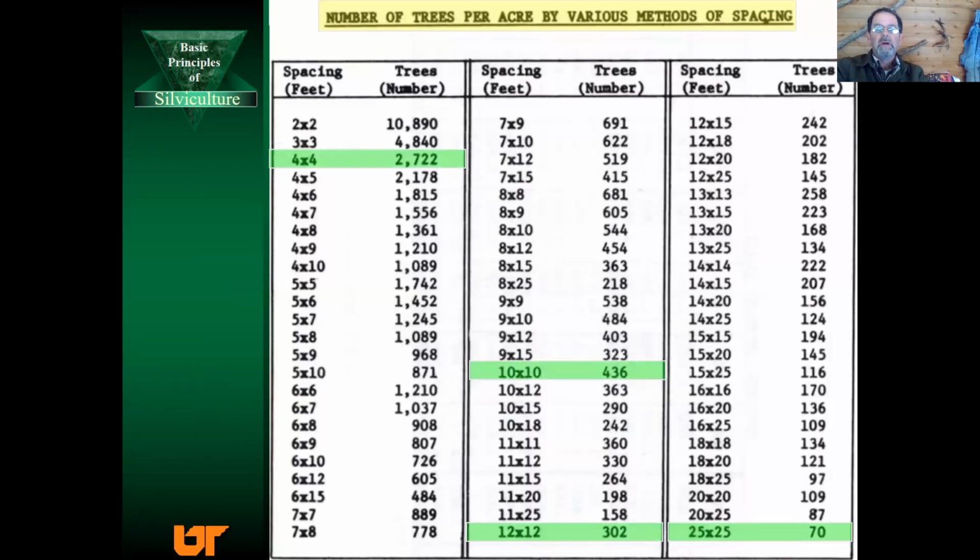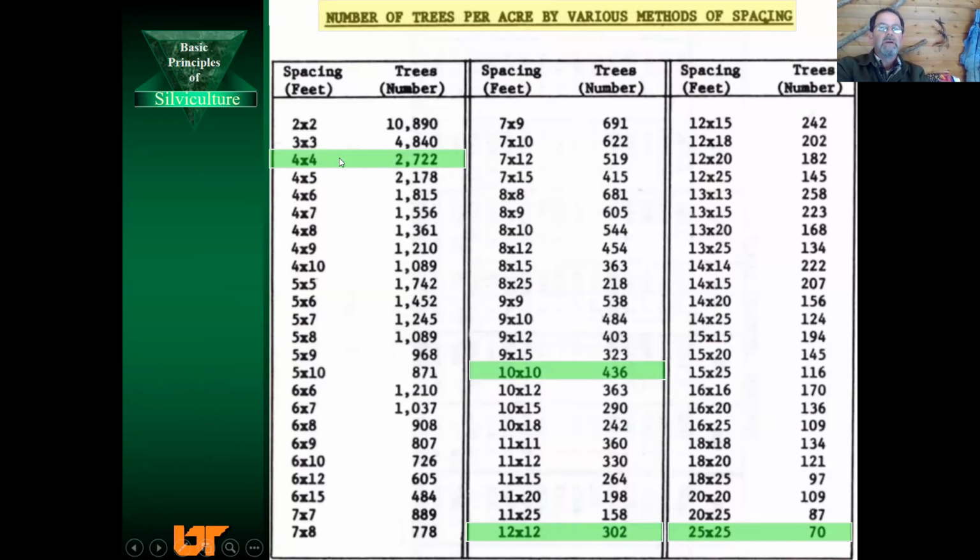Here's an example of a tree spacing chart, and you'll see the spacing 2 feet by 2 feet all the way down to 25 by 25 feet. And it just gives you an idea of how many trees that would represent on a per acre basis. So we see 4 by 4 spacing. You're not going to plant trees on a 4 by 4 spacing, at least not in most situations, but